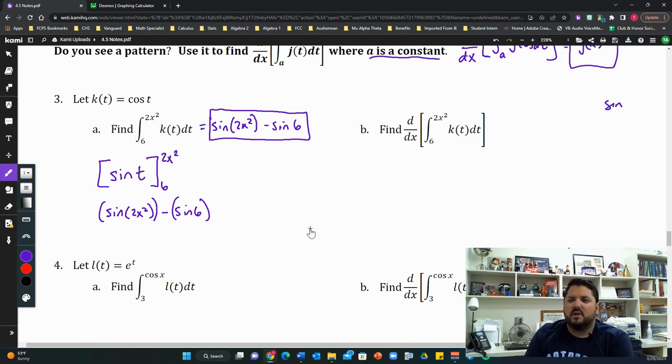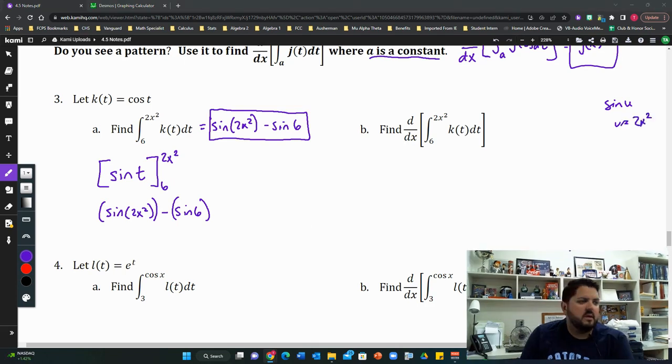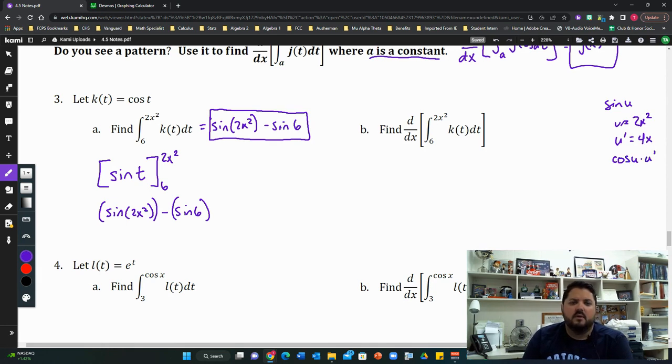So if I start with sine of u, where u is 2x squared, and then u prime would be 4x, then the derivative of sine of u would become cosine of u times u prime. So if that's the case, then when I take the derivative of this expression, I'm going to end up with 4x times cosine of 2x squared,